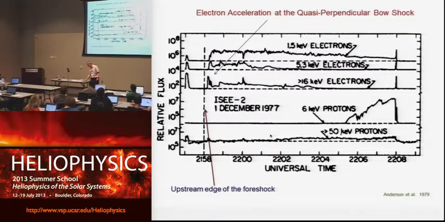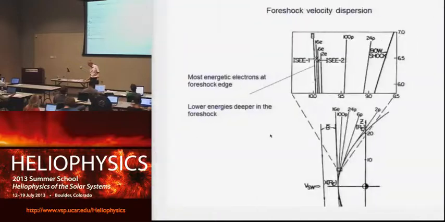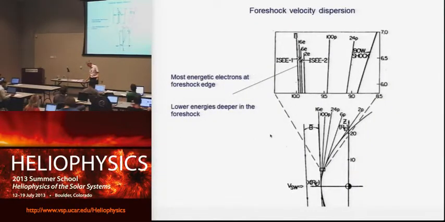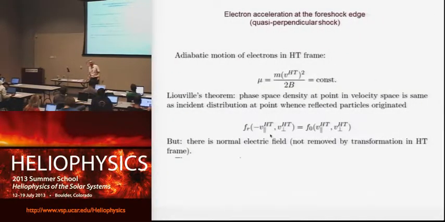These happen right at the foreshock edge. And this corresponds to the quasi-perpendicular shock, as I said. So the tangent field line is connected to the perpendicular shock. That's just showing you that. And the mechanism which has been used to explain this acceleration is actually directly related to the idea of coupling